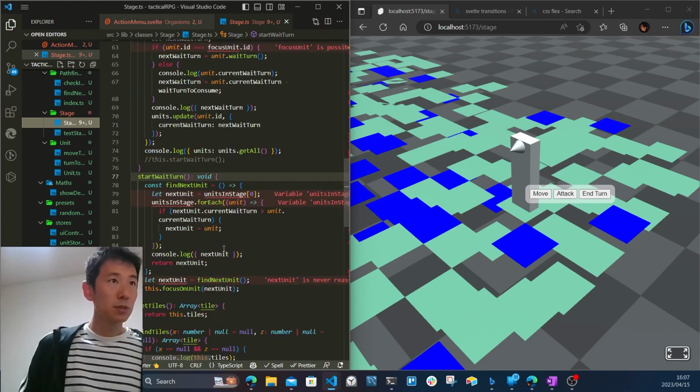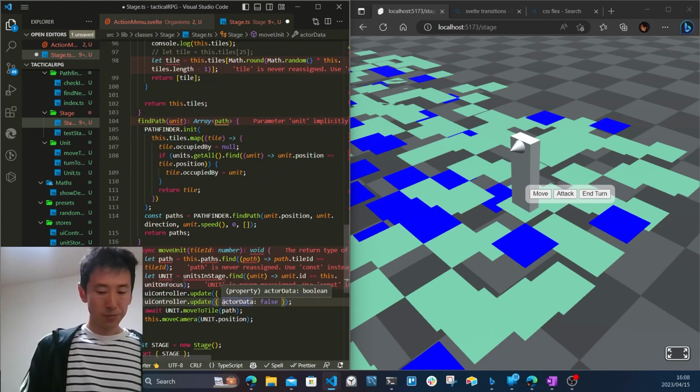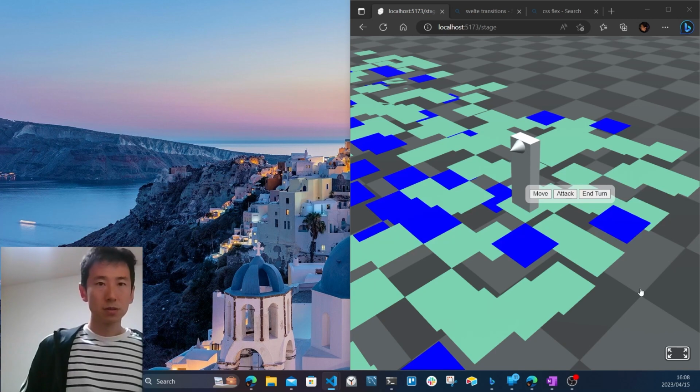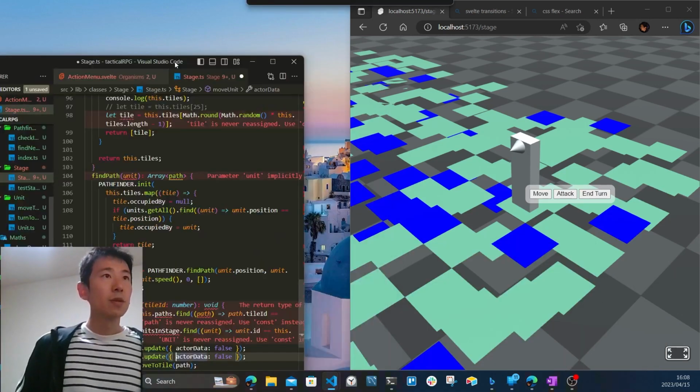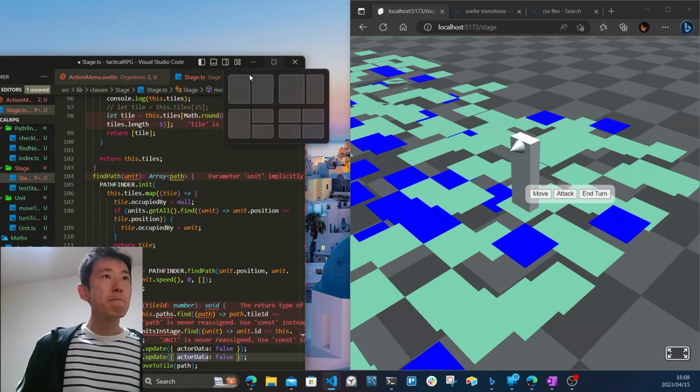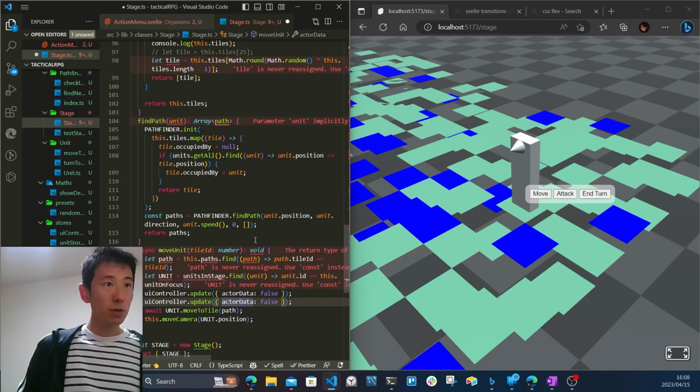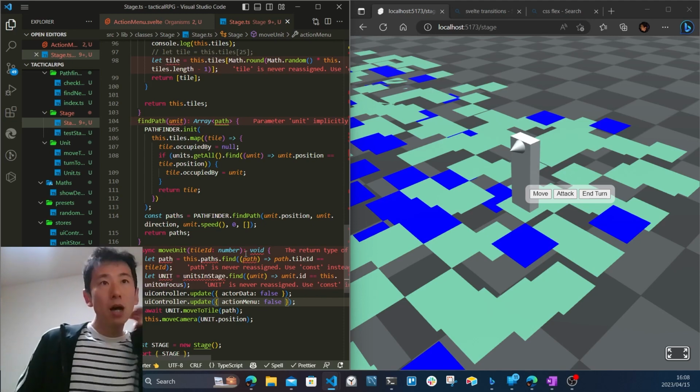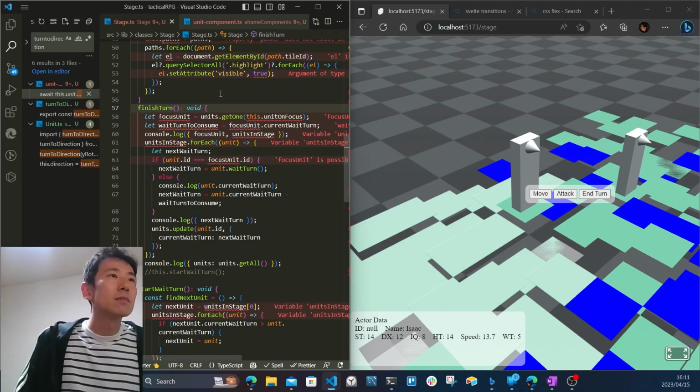Find tiles, where is it? I'm going to put false. Switching back and forth between Mac and Windows messes me up. Okay, so update action menu false, and after rotating,